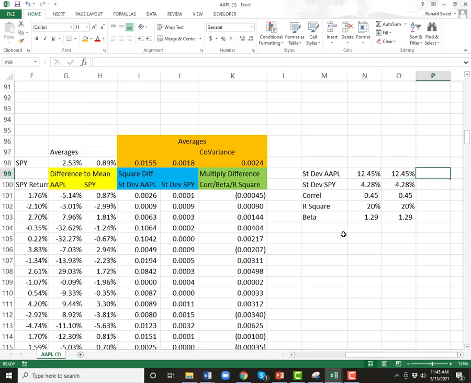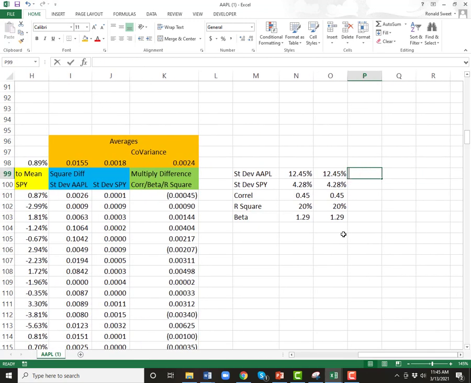Excel does all the formulas for you. So you can do STDEVP. That's the standard deviation for our population. If you just do STDEV, you'll do a sample. They're almost the exact same number. For correlation, you use the CORREL function, and then you have to put the data for A and the data for B. For R squared, it's just